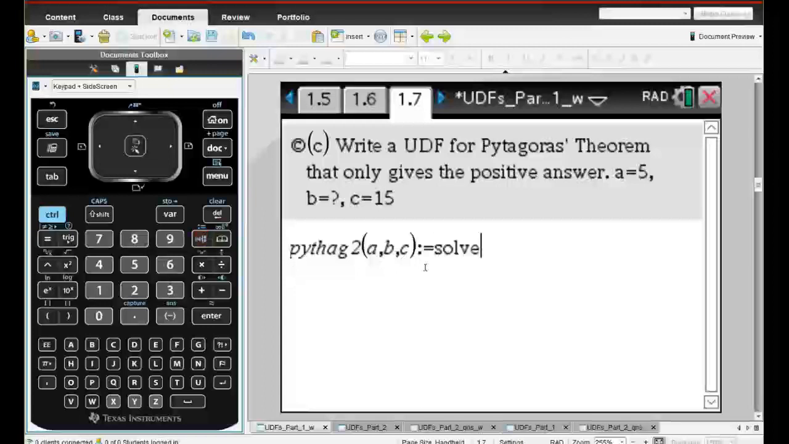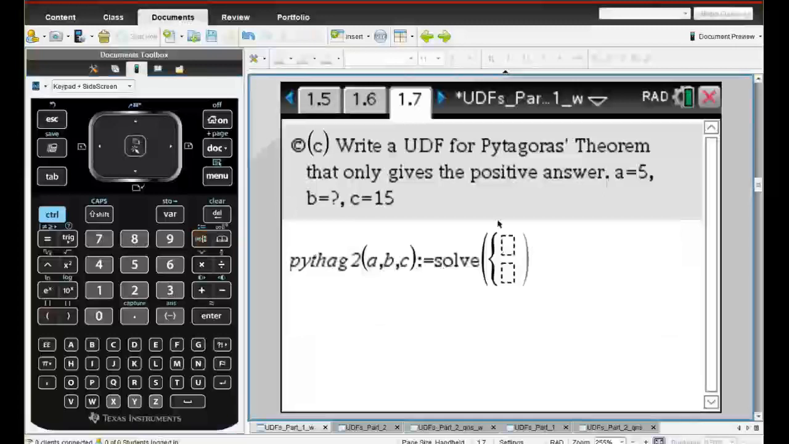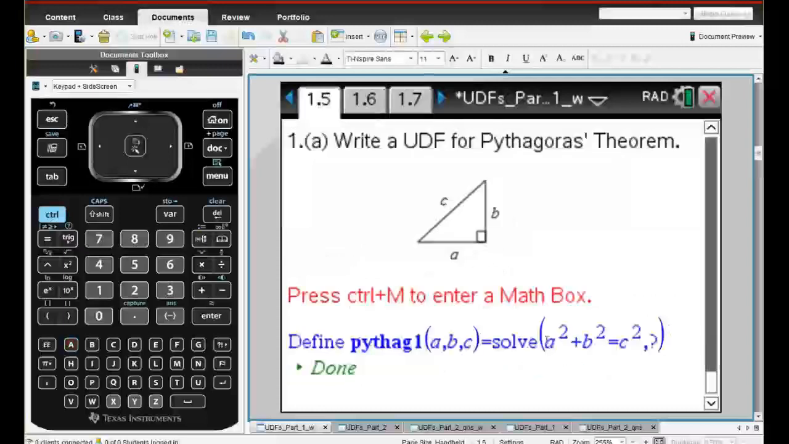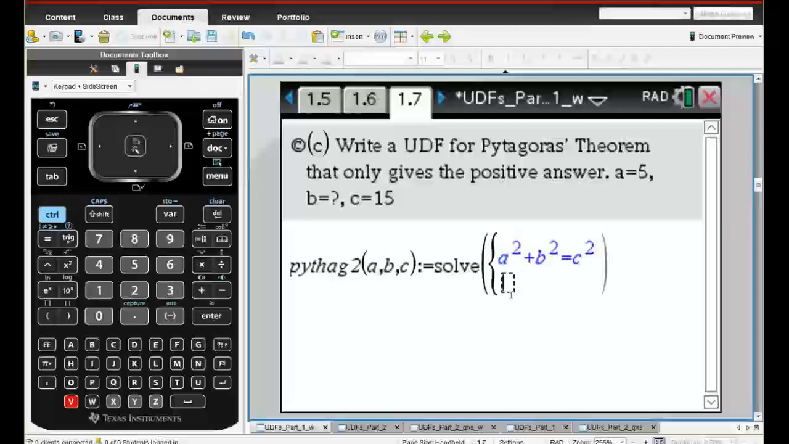And we're going to go solve. I suggest that students and teachers do this on their handheld, because we can copy and paste from other user-defined functions that we've written. So if I went back to my 1.5, I can copy this part out. Control C, copy. I can go back, and if I was a student, I would be doing this on my software and paste it in. There it is. And then the other thing I'm going to do is put my question mark in,